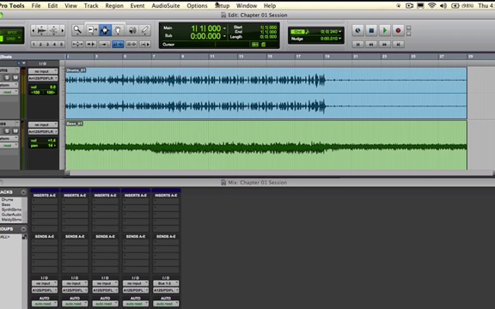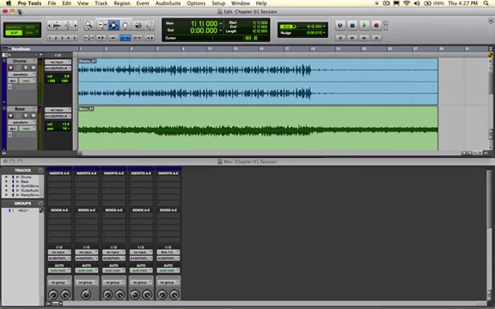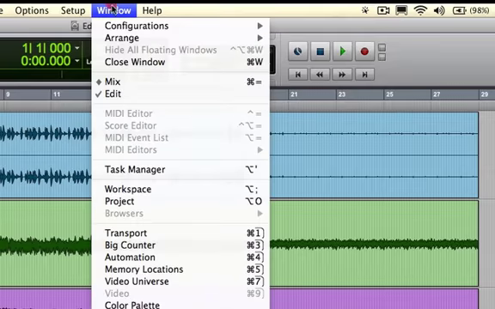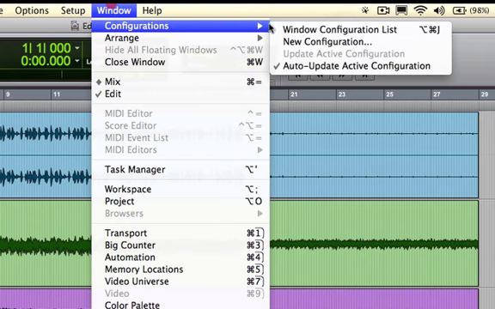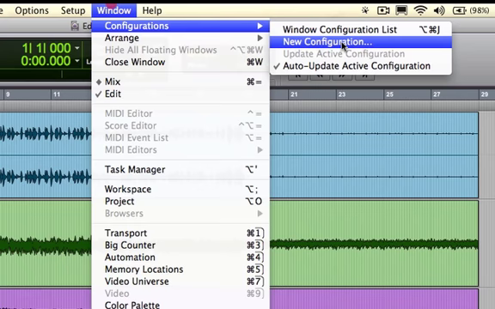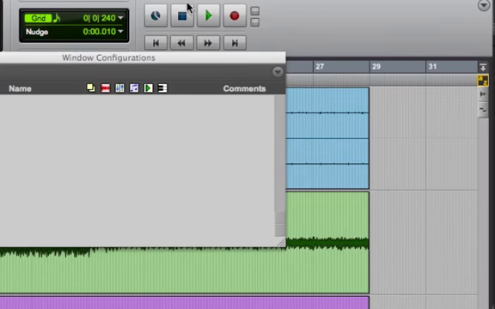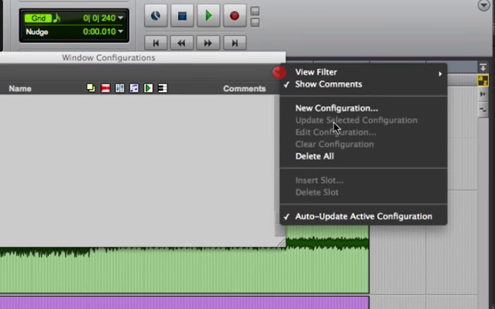Those of you working in Windows 7 can find that this is very easy to do already in the operating system. Now let's go ahead and maximize my edit window, and I want to store this particular window as a layout to recall. What we do is we go into the Windows, we go into Configurations, and we choose New Configuration. Or we could go into our Windows Configurations list, and we can click in the menu and choose New Configuration